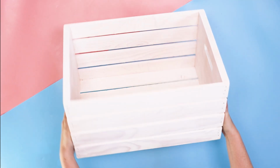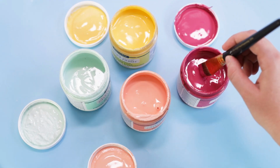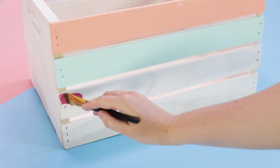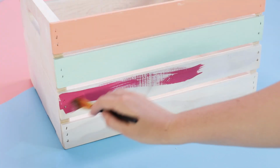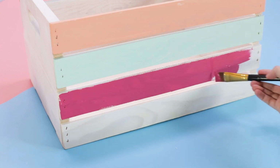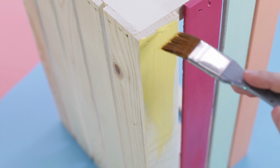The first thing you'll need is a pre-made wooden crate. Like I said, these are available at pretty much every craft store. Depending on the condition of your crate, you may need to sand the rough spots. Once the wood is smooth, you can paint or stain your crate any way you'd like. I used a few different colors of chalk paint because you know I just can't resist a chance to use